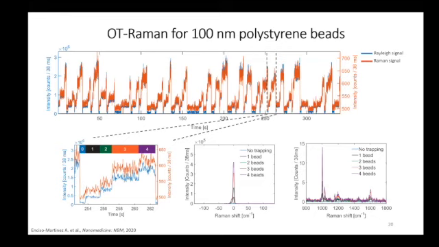Also, for instance, if our sample has a lot of soluble proteins, which can happen in plasma, they are too small to be trapped with our setup. But they will still generate some contribution to the Raman signal. We might see some signal. So what we did to solve that was to get the contribution of the baseline here, which is the contribution of all the soluble proteins that were there before a particle was trapped, and subtract that contribution for the next particle that comes. In that way, we will only have the Raman spectrum from the single particle.